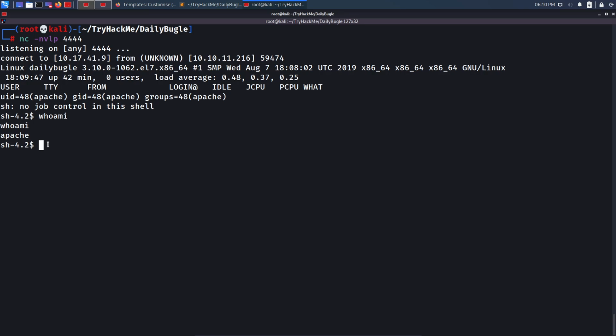because I know that if I press Ctrl C here, my shell will get expired, and I can also not do things like Ctrl L to clear the screen and tab auto completion. I want a fully interactive complete shell so that I can do my work much more easily. So for that purpose, I will use Python. So python -c for command, import pty, pty.spawn, and I will spawn /bin/bash